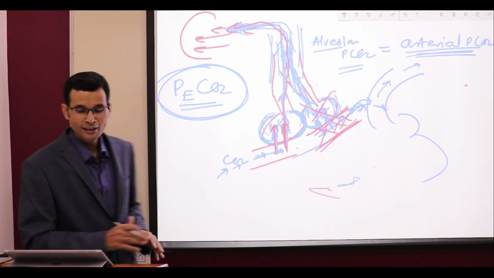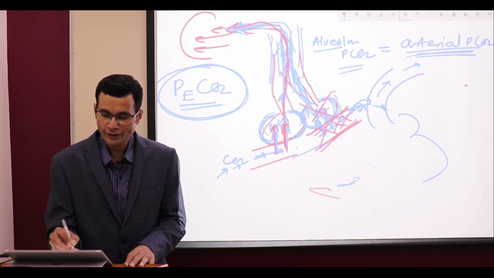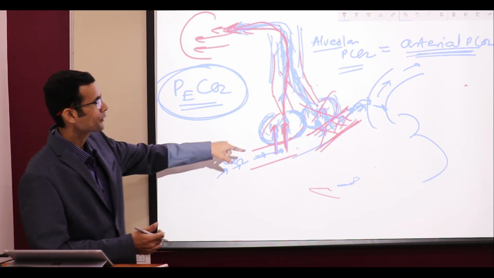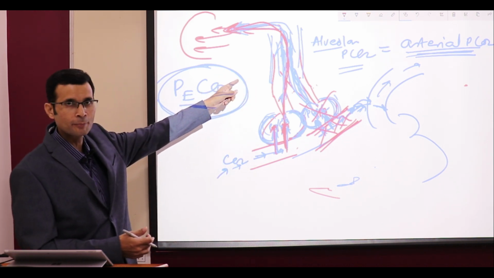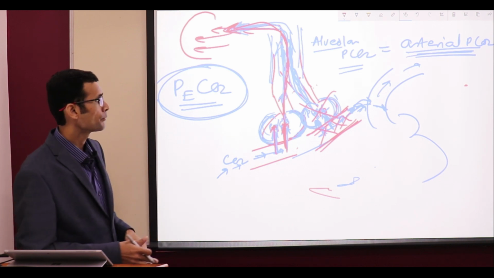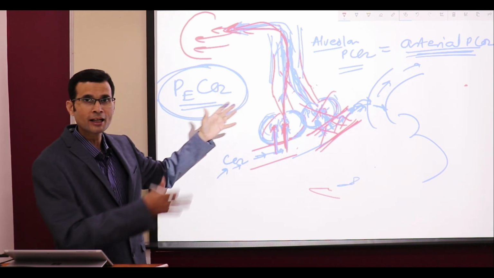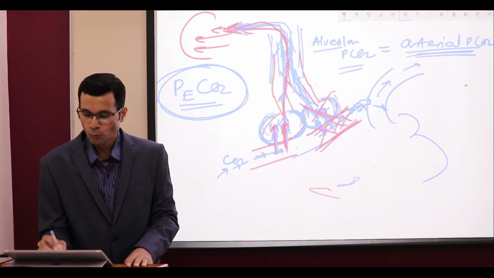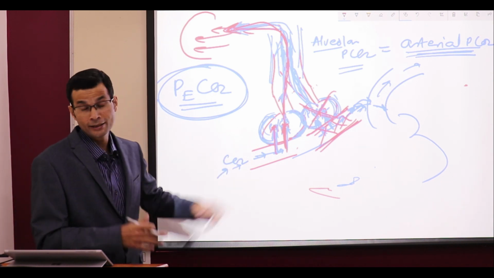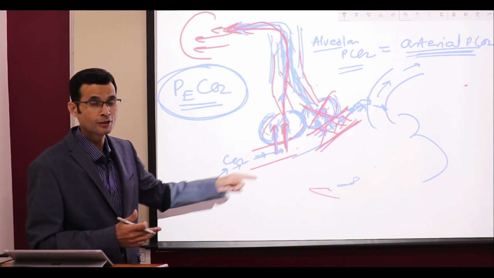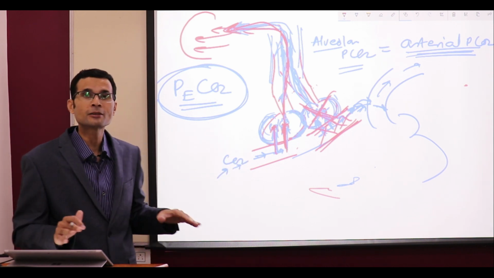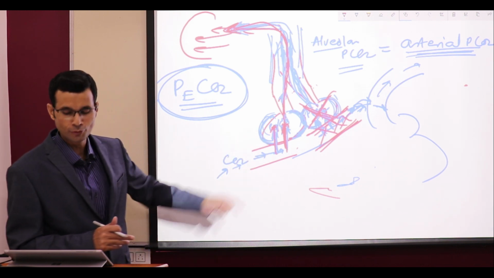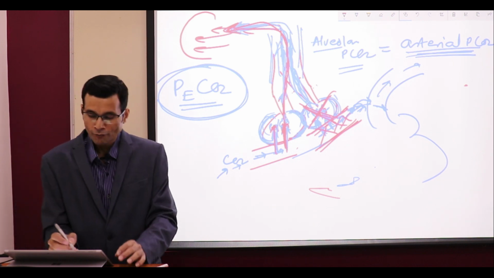And that means the total amount of carbon dioxide that comes out will be less, because it's anyway going to be diluted in the dead space with the dead space air. So less carbon dioxide is coming out with the mixed expired air, because one alveolus is not functioning. It does not have perfusion. So this becomes the alveolar dead space. No perfusion there, no gas exchange, no carbon dioxide coming out from that alveolus. Which means what? Which means